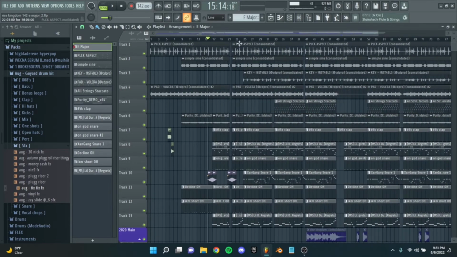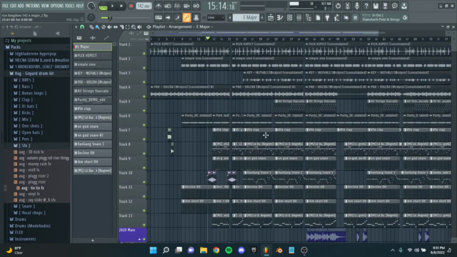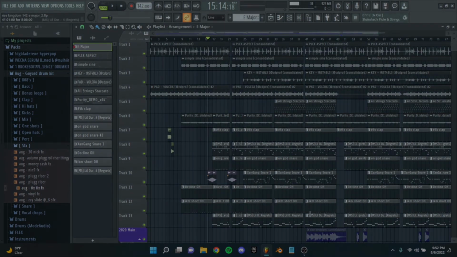And yeah, that's my answer on using loops. I think you should use loops after you understand how to make your own melodies, because it can be pretty damaging later on. You'll probably get discouraged and feel like you're not that good. But if you start off making your own melodies, you'll remember some of the melodies that you made and be like, dang, that was crazy. I know I can make some more that sound crazier. So it's always going to be motivation for you if you just keep doing that. So yeah, that's my opinion on using loops.